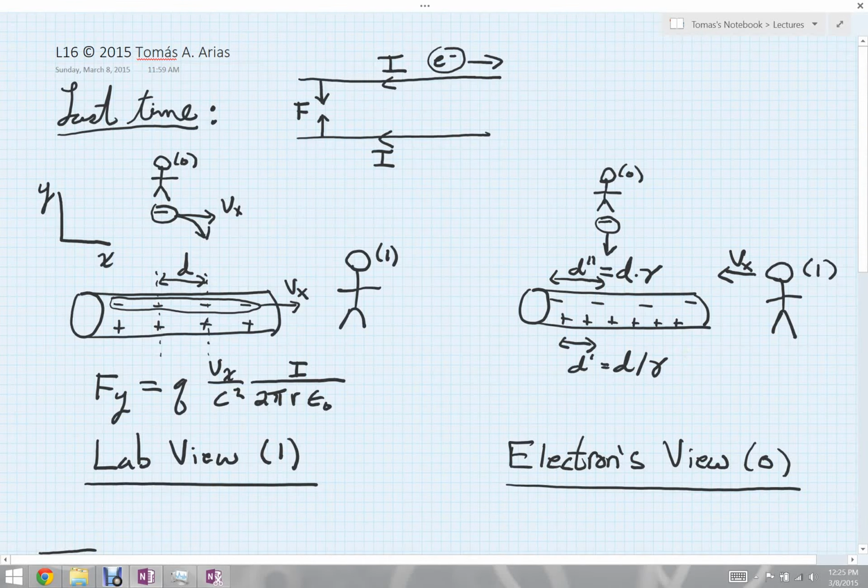Now, we'd seen actually quite a lot last time about the behavior of what happens when I have moving charges. In particular, we were looking at the situation of two current carrying wires running parallel with the currents traveling in the same direction to the left, which actually meant that the electrons inside would be moving off to the right. And what we observed was that due to some interesting length contraction effects, the densities on the different wires would